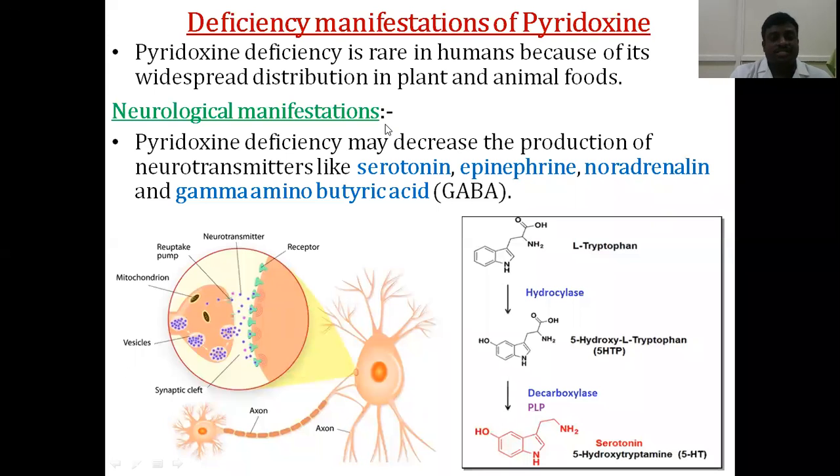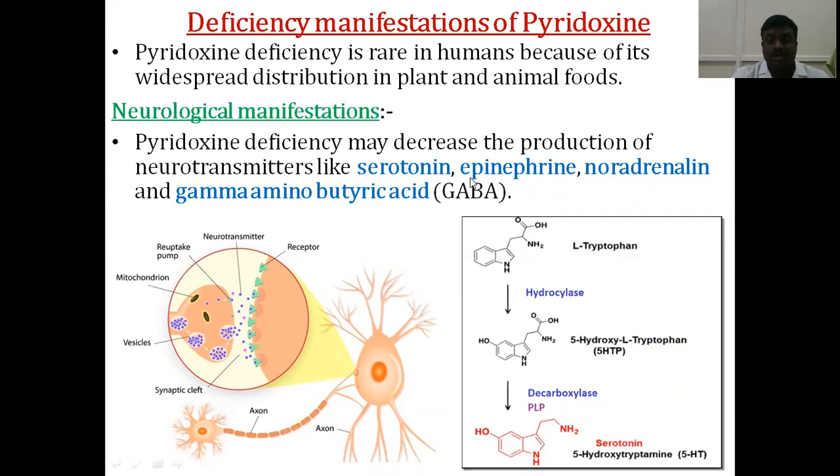What is the neuron function? The neuron's function is mainly to transport nerve signals from one place to another, that means from one neuron to another neuron or from one neuron to muscle. That is the neurotransmitter function. The transport of signals from one neuron to another mainly depends on neurotransmitters. Only if you have a sufficient amount of neurotransmitters are signals transferred from one neuron to another. Here are some examples of neurotransmitters.